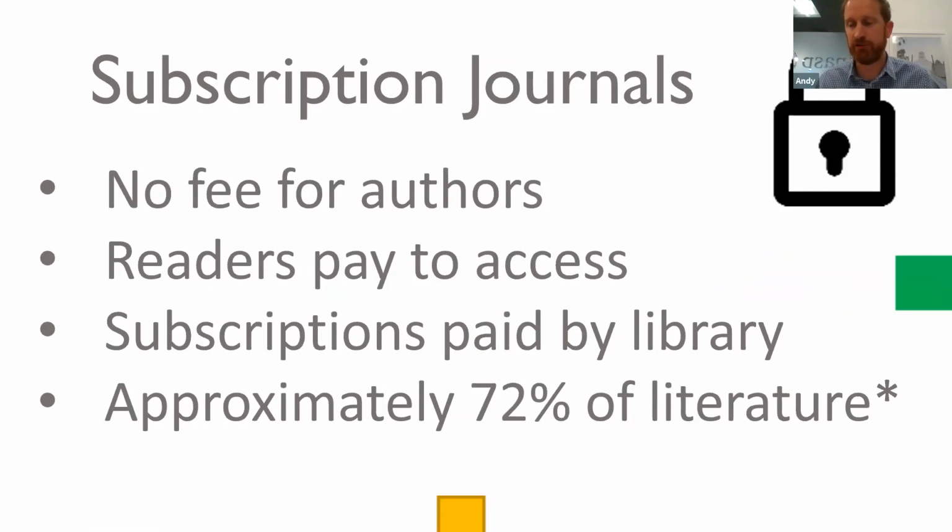So the library usually pays for a subscription to these well-established journals. This represents the majority of literature that's out there. And as the internet has grown and as more content has been digitized and put on the internet, these journals have evolved, but we still have, of course, the paywall, the big prompt that comes up when you try to access a paper and asks you for $30 or $50. And so that's the big issue here, that it's difficult for the public and those of us that don't have access to subscriptions to access the research.